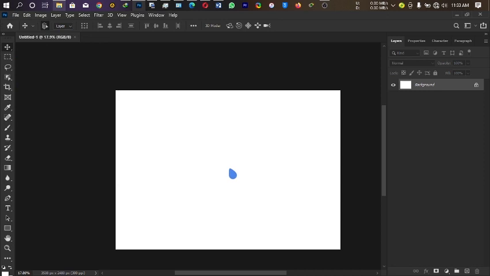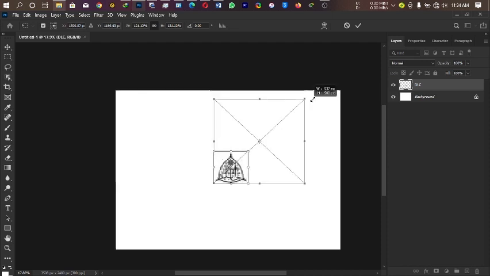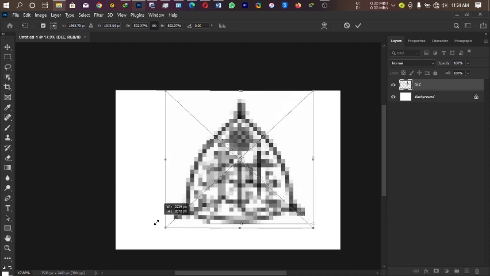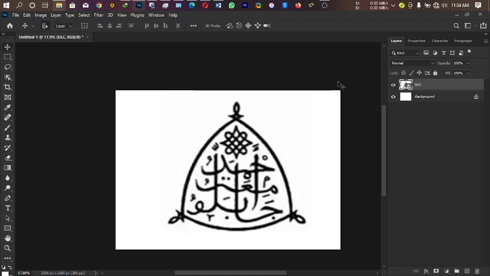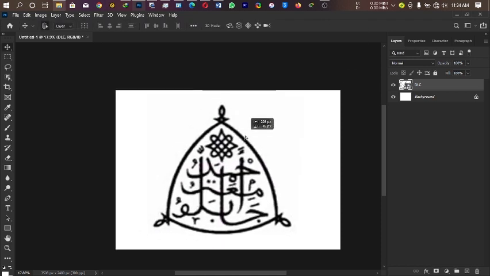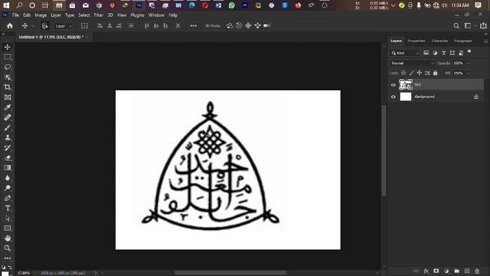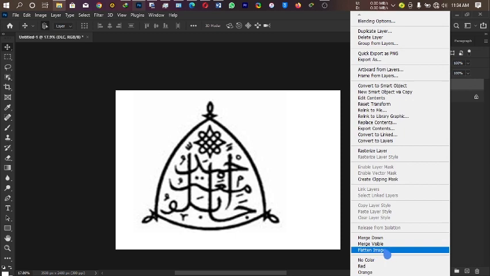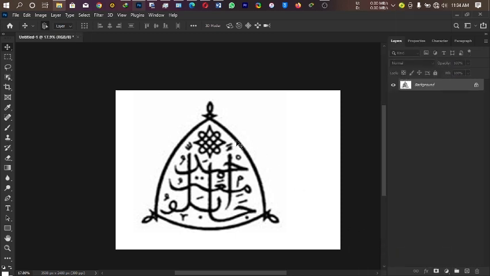This is a logo picture. The TLC center. All right, so I'll expand it. Now this is a picture of a logo, right? So in Adobe Photoshop, normally it is destructive. It is destructive because